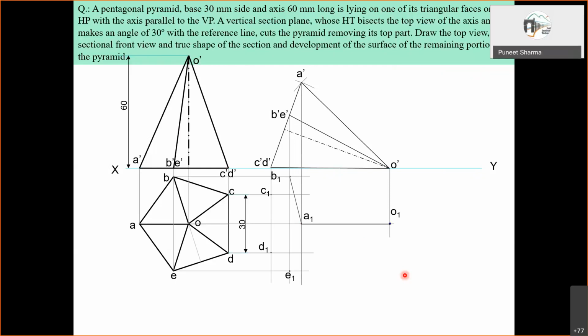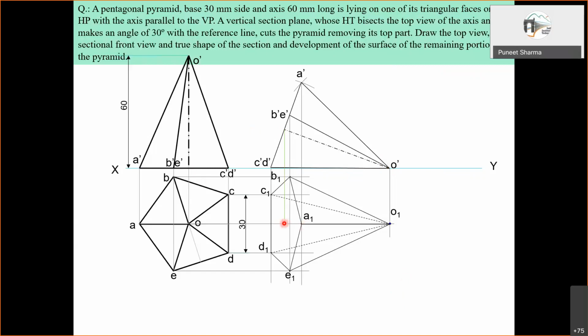O1, and then you have to join all the relevant edges, and of course here you'll have to keep in mind whichever is visible, which is hidden. That we have already done as an exercise, so I hope you can. Then you see we have to have the top view of the axis, right? So that it can be bisected. So we have to locate this. So the axis here is from O dash to this point, right? Here we had the axis O dash to this point. Here you have the axis O dash to this point on the base. So this we have to bring down over here. Okay. So we get it over here.